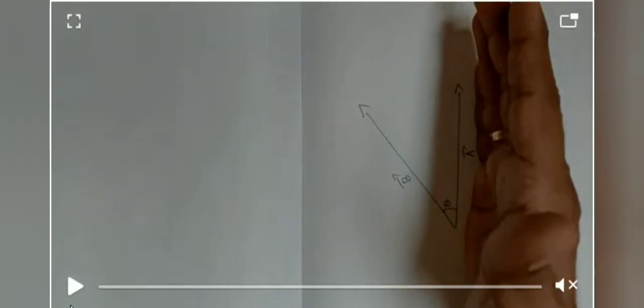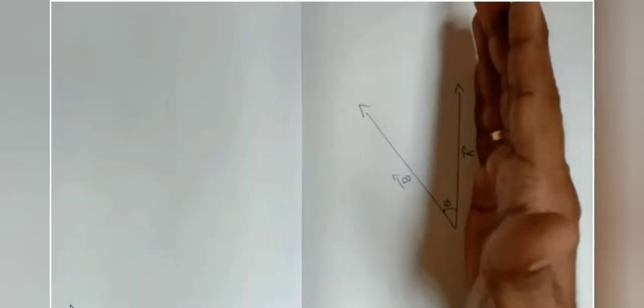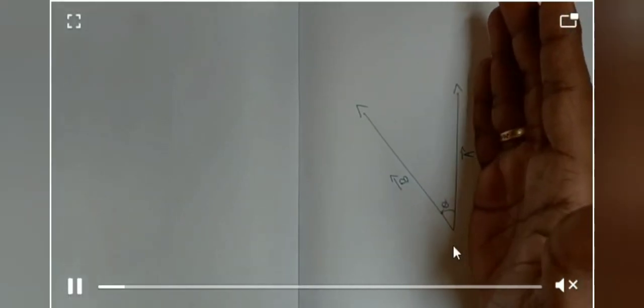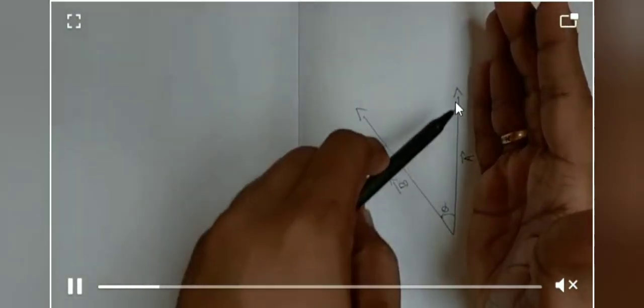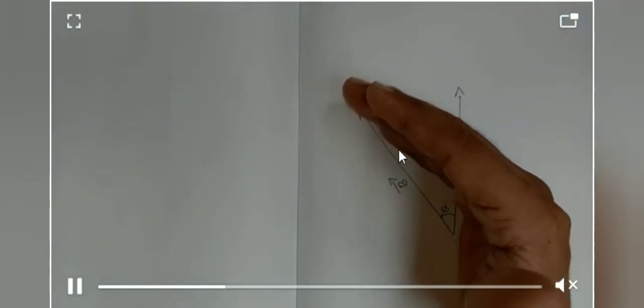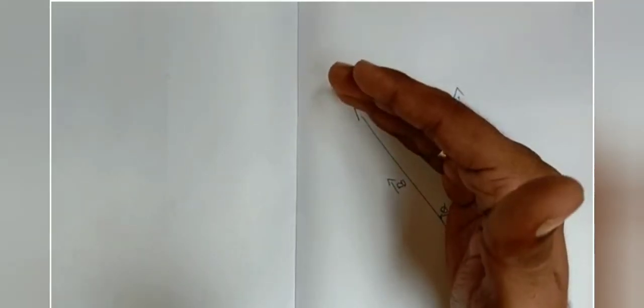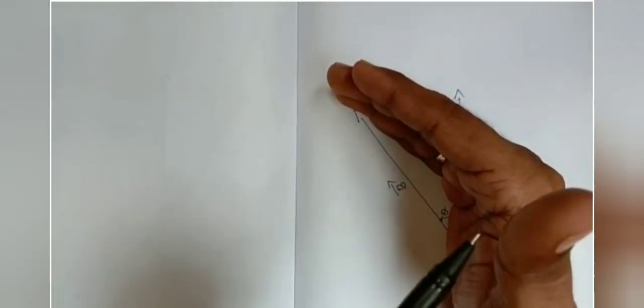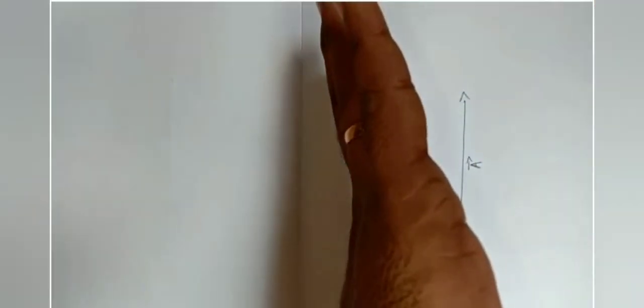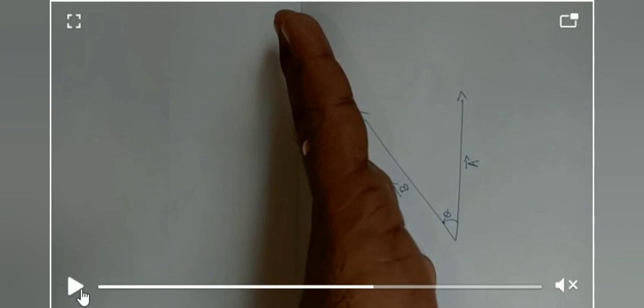Listen to the video. I am going to do a demo for finding a direction, that is, the resultant direction, using the right hand thumb rule, right? So this is my A vector and this is my B vector. I am going to rotate A towards B, right? A towards B. My thumb shows the upward direction, that is, the resultant direction. The resultant will go along the direction of the thumb.